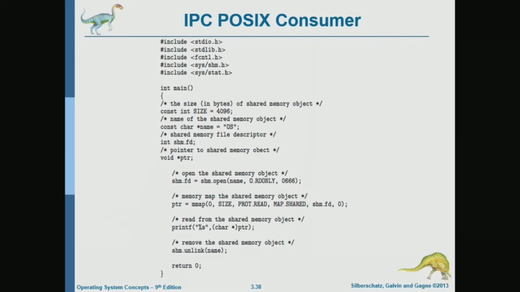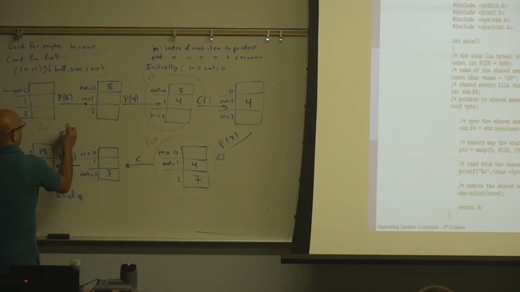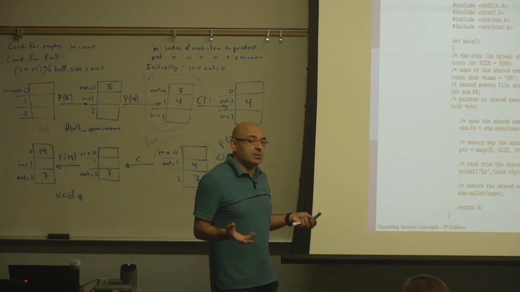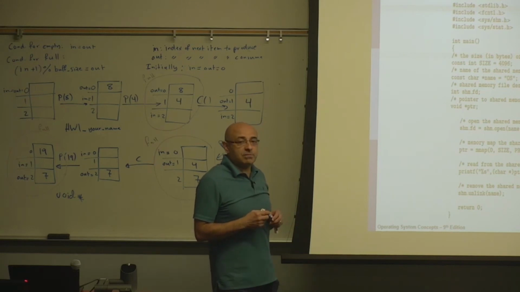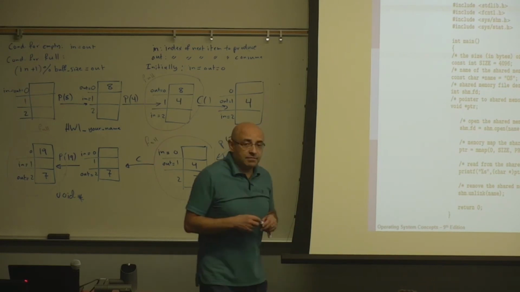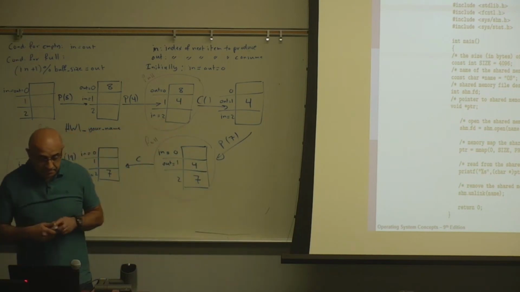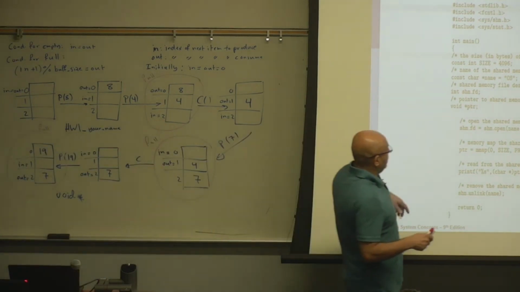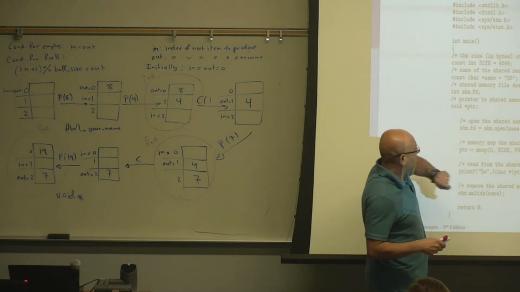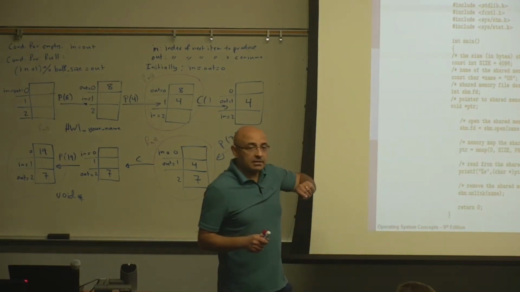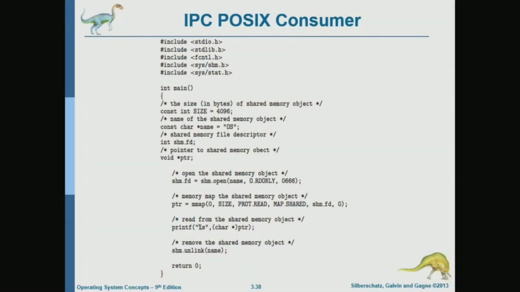So in the assignment, the name of the shared memory object is going to be homework 1, your name. Okay. So if you use the same name on both the producer and the consumer, they're going to map to the same shared memory object. If not, well, it's not going to do anything. In fact, if you don't add the create flag on the consumer side, the consumer doesn't create. So here you are trying to open a shared memory object that does not exist. So this will fail. If you give it a different name, it's going to fail.